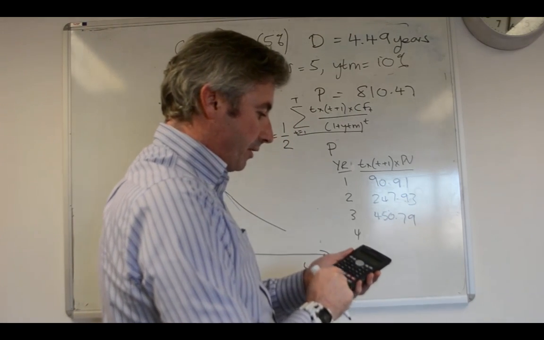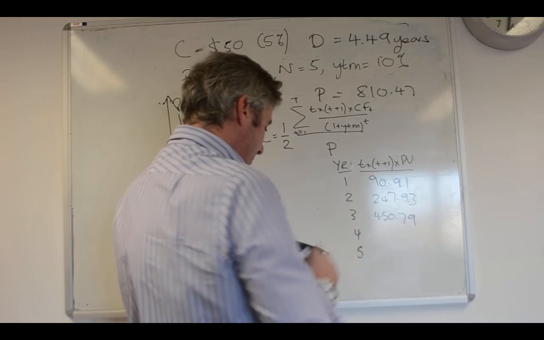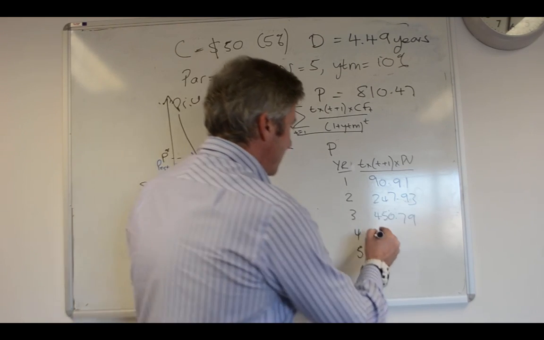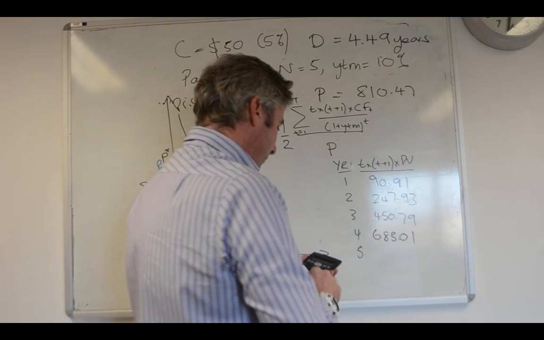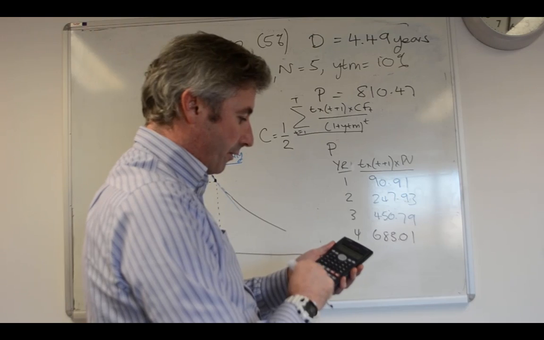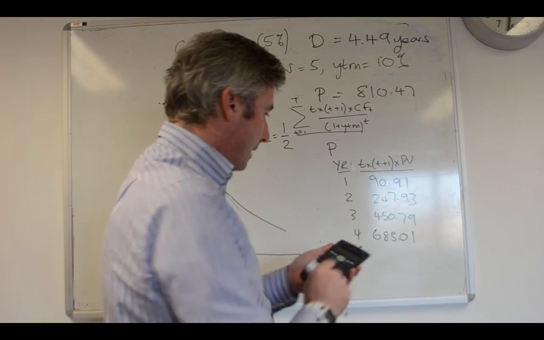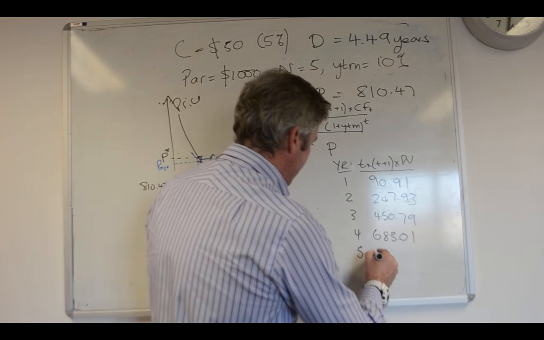Then I take my 50 divided by 1.1 to the power of 4, times by 4, times by t plus 1, that's 5, to give me 683.01. And finally we had our 1050 divided by 1.1 to the power of 5, times by 5, times by 6, which gives us a huge number,